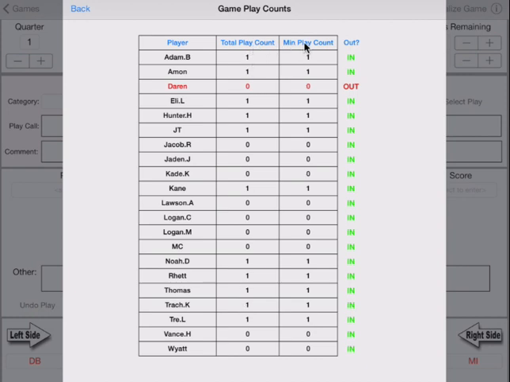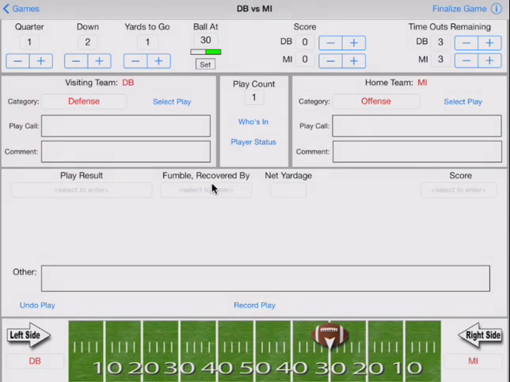So you can sort by tapping the column, and you can keep tabs of who you need to get in the game if you need to meet minimum play rules. So basically, that's what you do in a nutshell. You step through that for all the plays, and then when you're done,